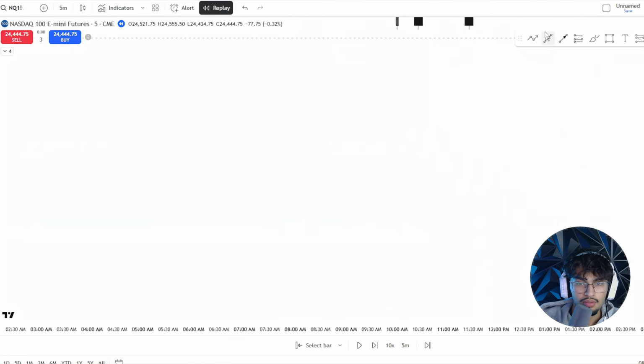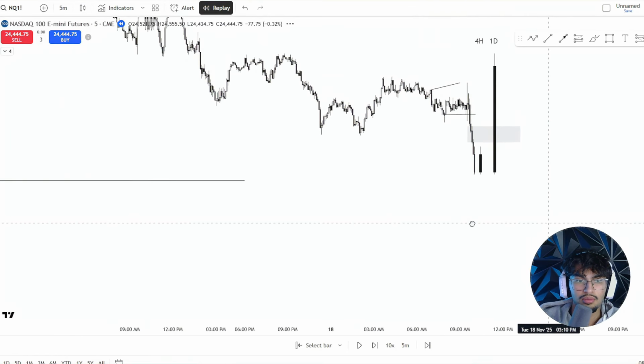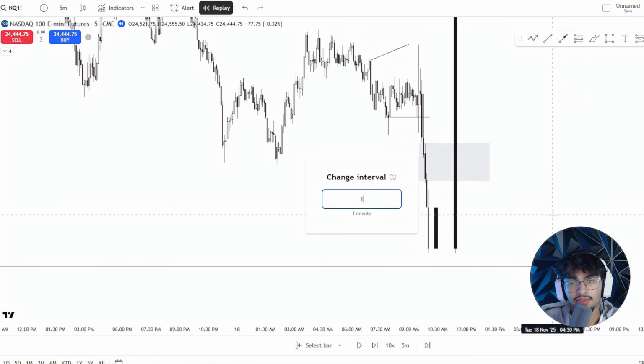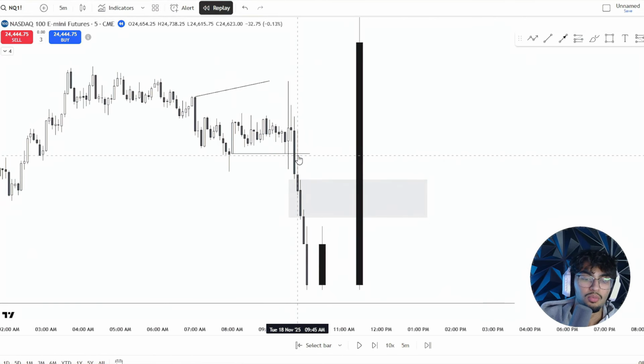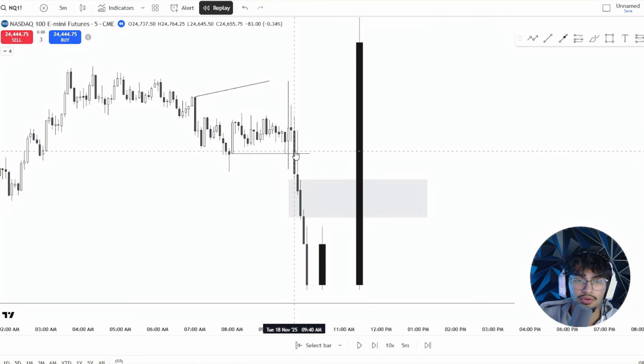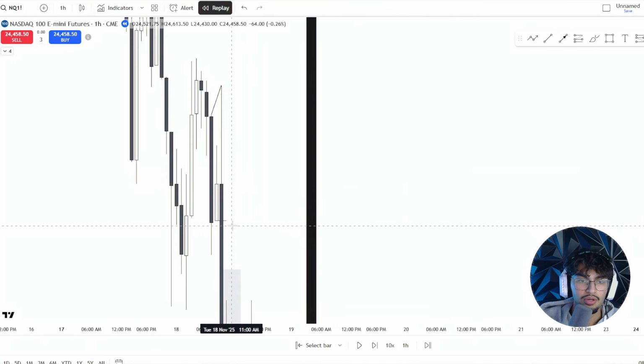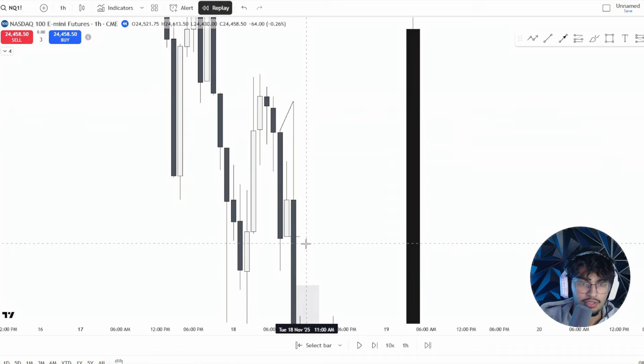Let me just mark this out. So yeah, we're so close to sweeping these lows, and at this point, I wouldn't have taken a trade here, and probably the best trade would be pre 9:30 or 10 a.m. Like it'd probably be this right here, where we create this SMT, come back into the range,